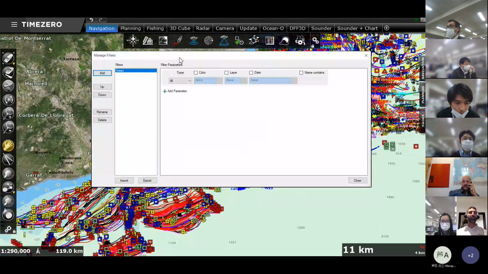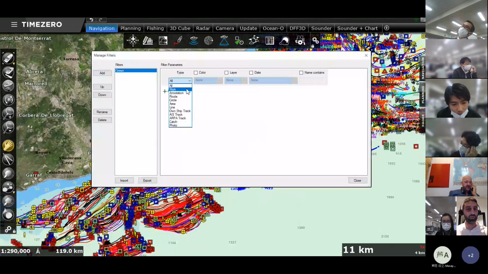Here I have a few parameters that will allow me to create my filter. What I would like to do is to only find the green information. So I will not select any type of object, okay? I want to select all the objects in green, so I will not touch this button.